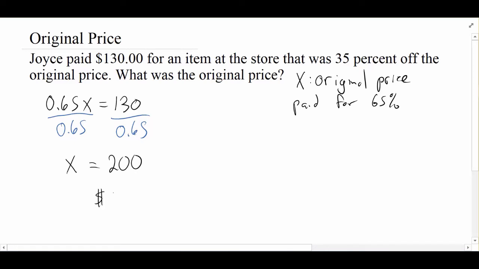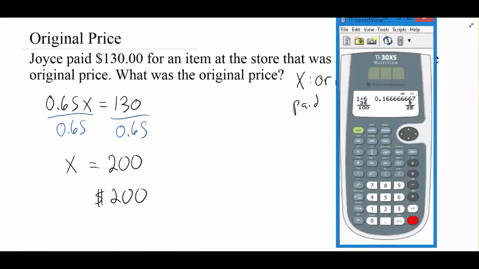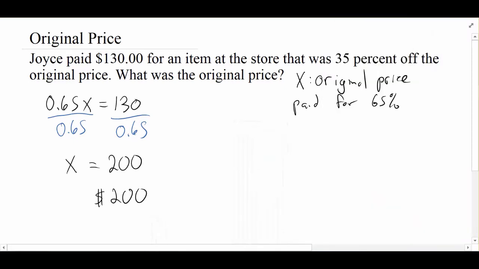And this answer should make sense, and it's also something that we could check fairly easily. Because we could grab our calculator out and say, okay, what is 35% of 200? Oops, I should probably do 0.35. I missed a decimal point there. So what is 35% of 200? It's 70 bucks. So if it originally cost 200 bucks and we got 70 bucks off, that would end up being 130 bucks. So that does make sense.